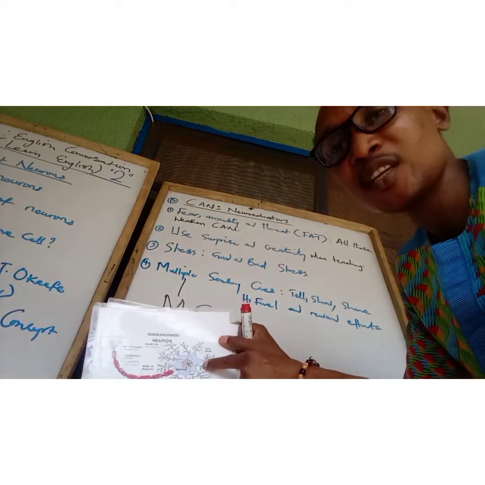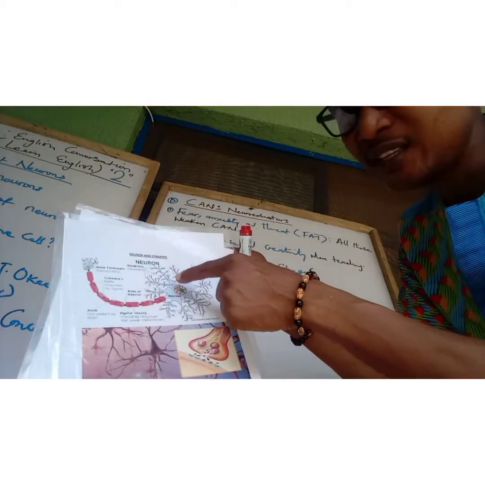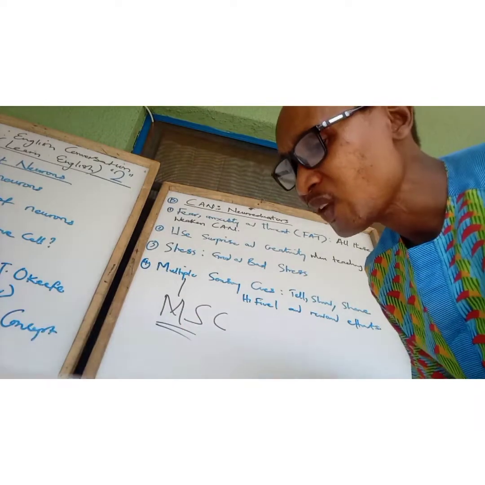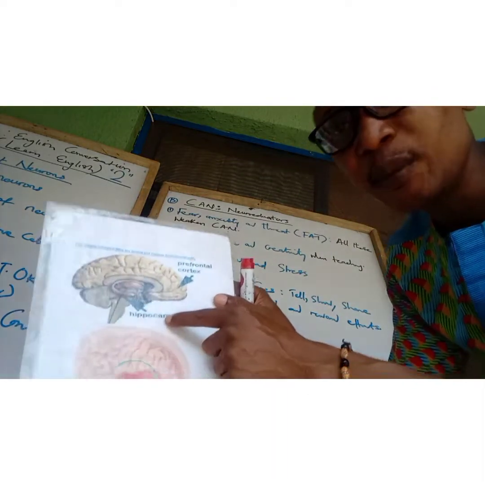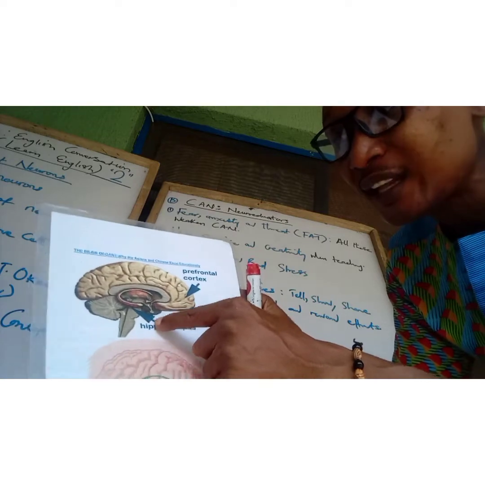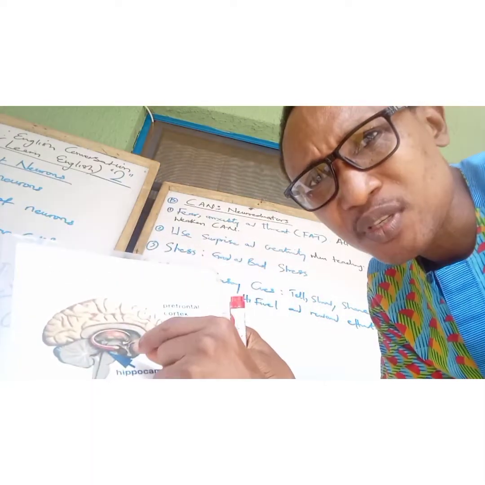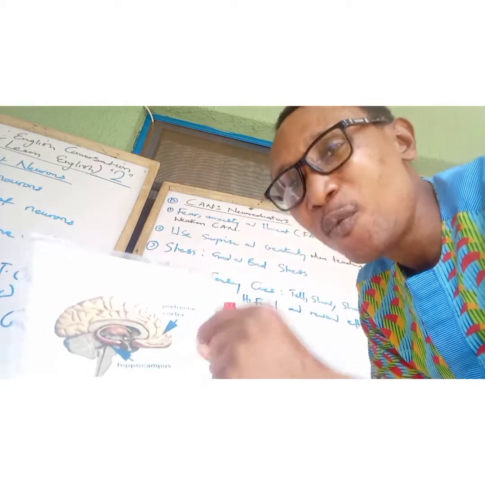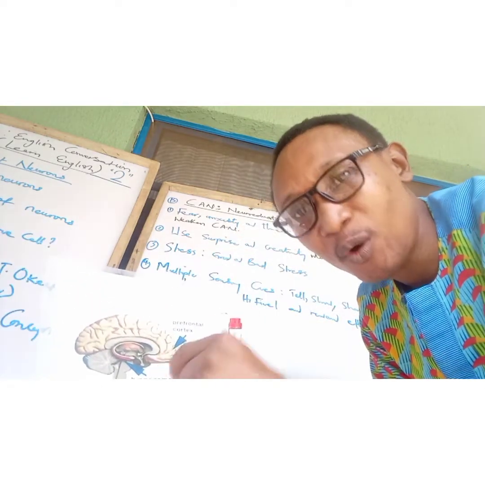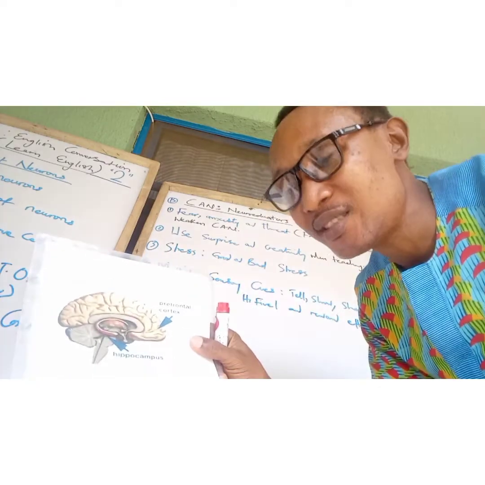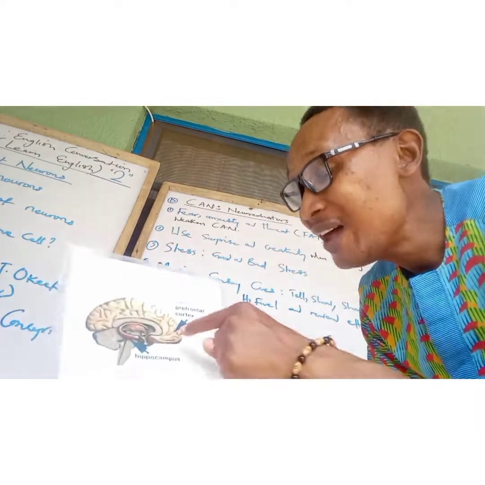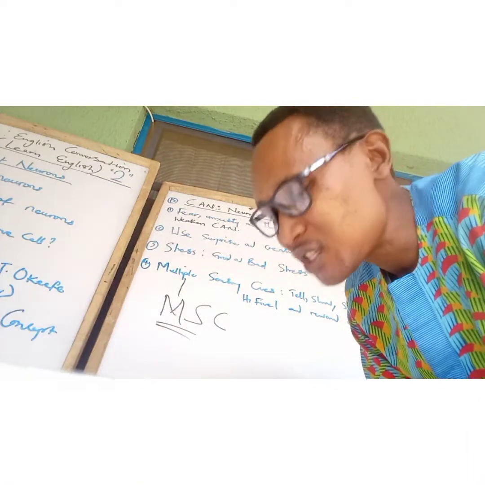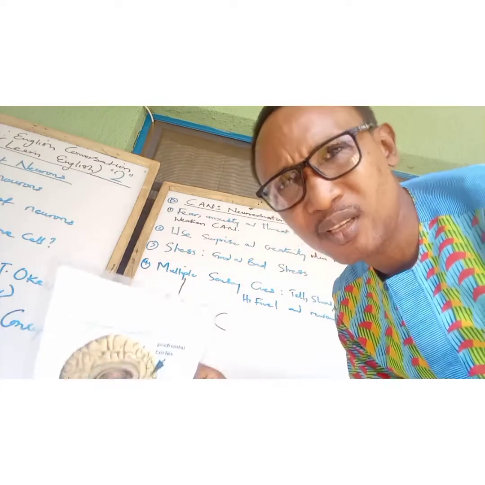Then show them, just like I've done here, or just like I'm about to do here. Okay, this is what? This is a neuron, the cell that is in the brain. Then secondly, this is what? This is the hippocampus. There are some neurons that are resident in the hippocampus that are responsible for encoding what CAN does whenever we are in the teaching or in the learning or in the school system. And this hippocampus is connected to education. It is responsible for the encoding of short-term memory.